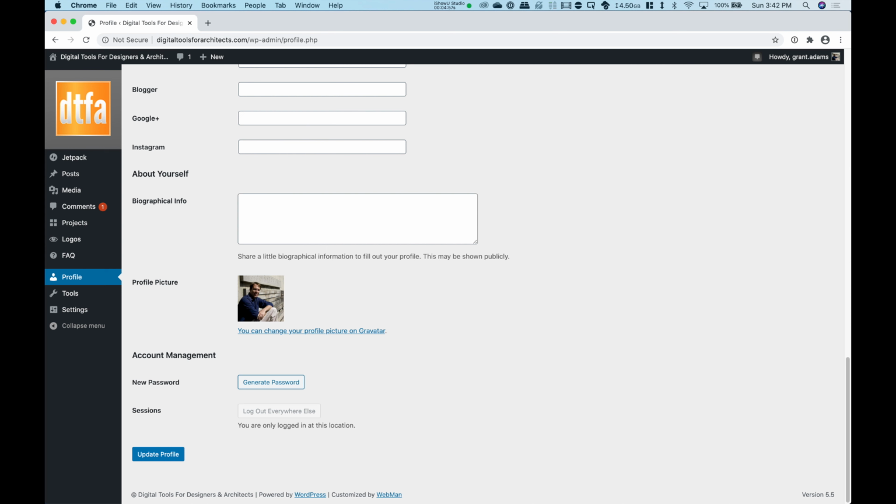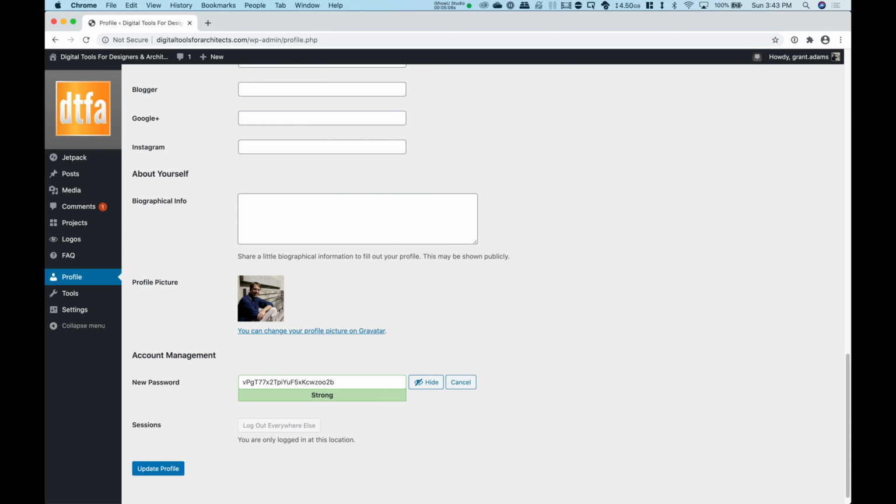This is where, if you want to change your password, you can click here on that new password, and this will generate a password for you. Now that's a random string of numbers. If you don't want to use the random string of numbers, though there is logic to that, and we'll talk about that in lecture 102 for this class, you can actually select it and type in, say, my dog's name, etc.